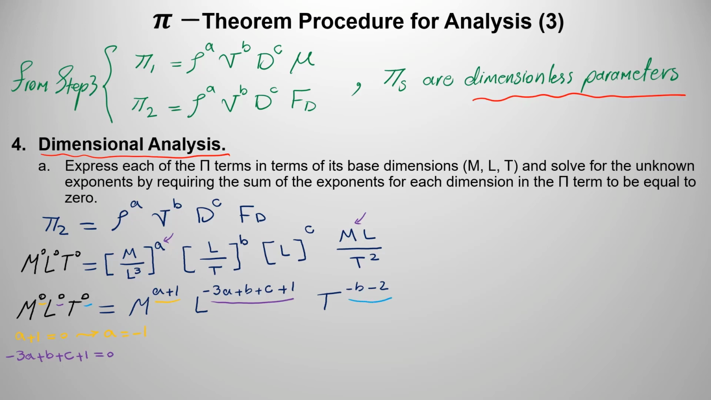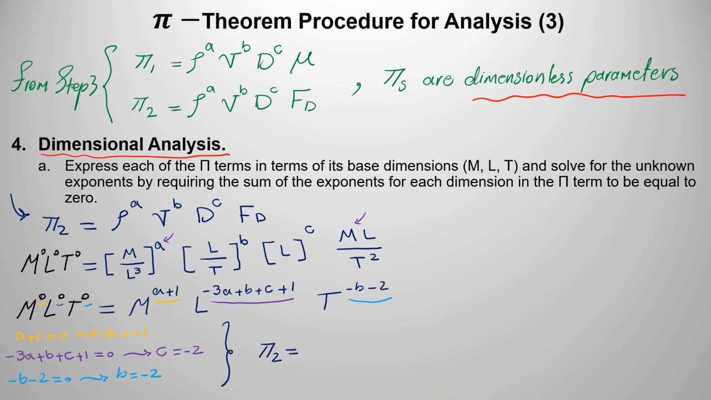This value should be equal to 0 as well. So negative b minus 2 should be 0, which tells me that b is equal to negative 2. If I put a and b in the equation in purple, then I can find c to be equal to negative 2. All right, I found a, b, and c. Now let's take a, b, and c and put it in the equation for pi 2, our pi term, right? So our pi 2